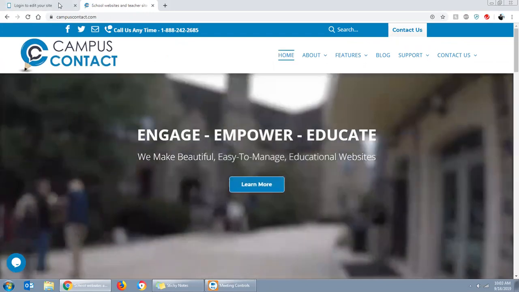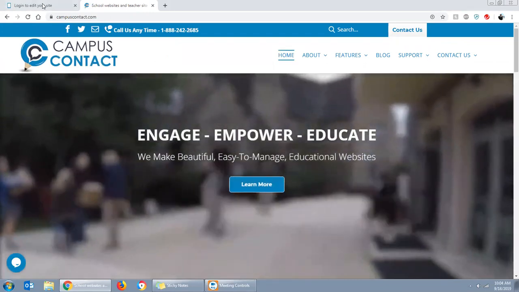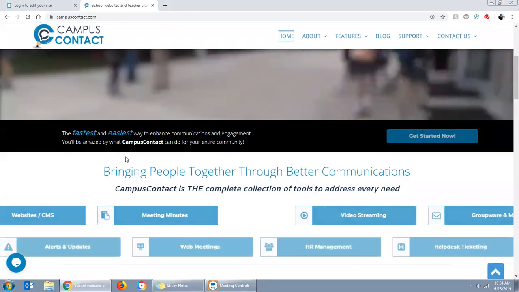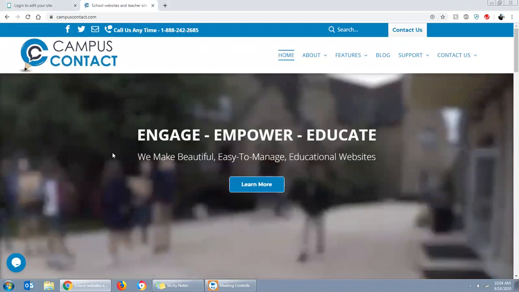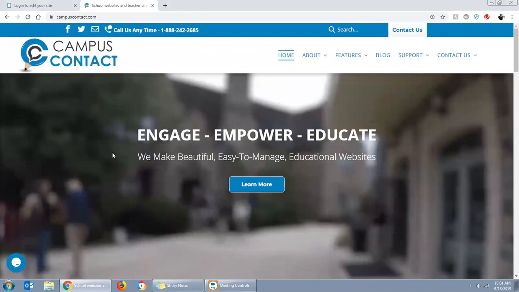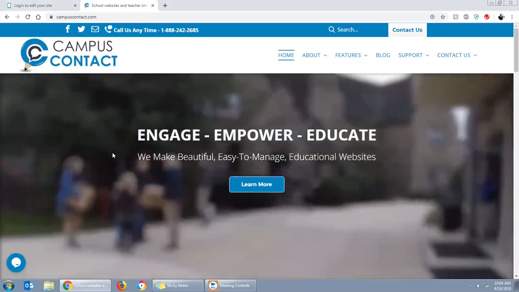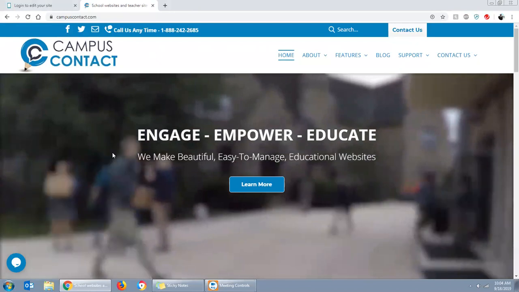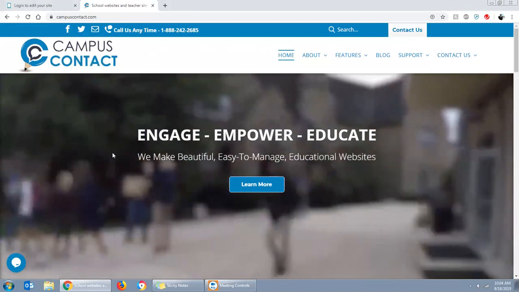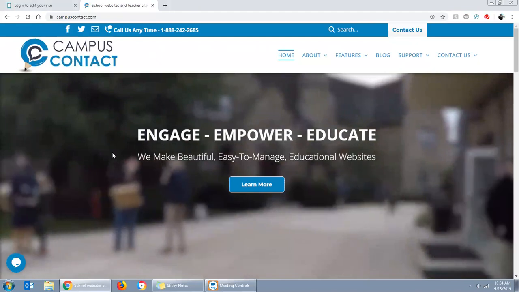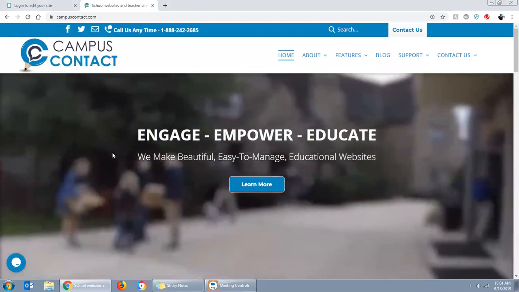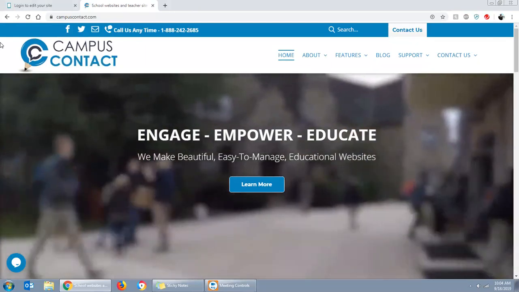So let's talk about logging into the website. The old sites, you used to have a login link at the bottom of your site that you could click and it would take you right to the login page. Well, that is gone now. So there is no more login link on your website. We removed that because the kids were beating it up too much, and there were thousands of failed attempts to log in, most of them by kids or illegitimate attempts. So now the login link is completely gone and removed from the website. So if you're going to log in and manage your website, you have to remember that you're going to admin your website. So you need to go to